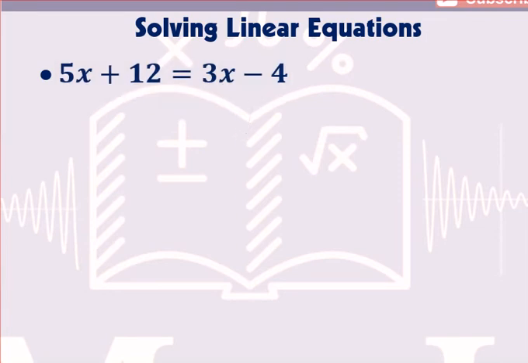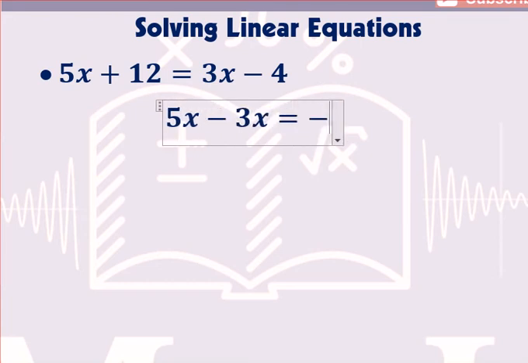So here I have 5x plus 12 is equal to 3x minus 4. In fact, this one is also a linear equation because the power of x is only 1. As a first step, the easiest method is to group these terms, in which we take all x's to the left side and all numerical numbers to the right side. So for example, I can write 5x minus 3x is equal to negative 4